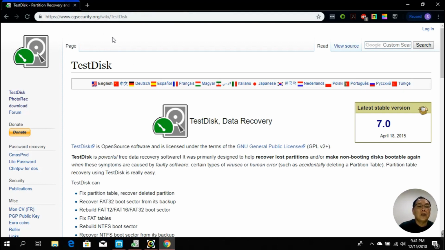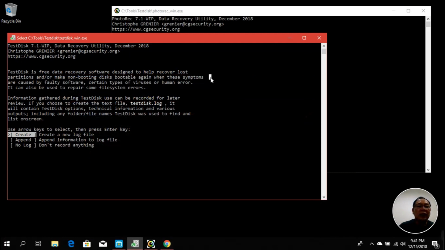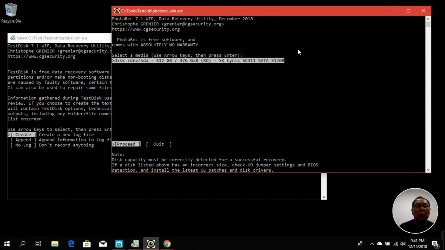Of course, you can just use Google to search it. Yeah, and then once you download it, the latest version is version 7. When you download it, you will see two different tools in the same folder. And notice that I've already started this tool. The first one is more for finding lost sectors and lost partitions, while the second one is more for